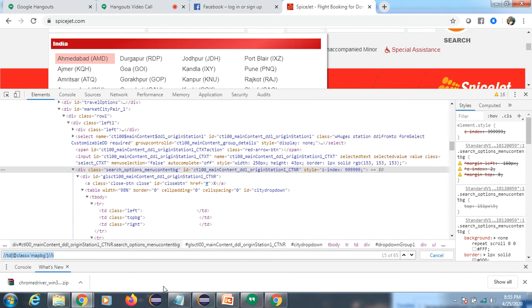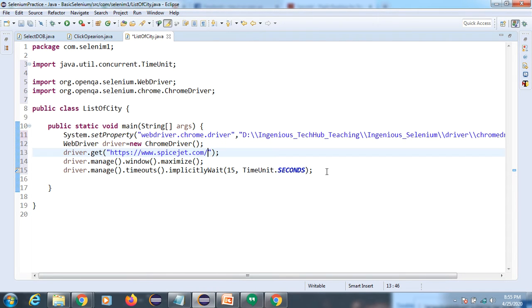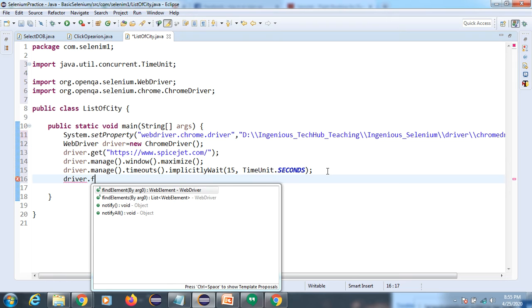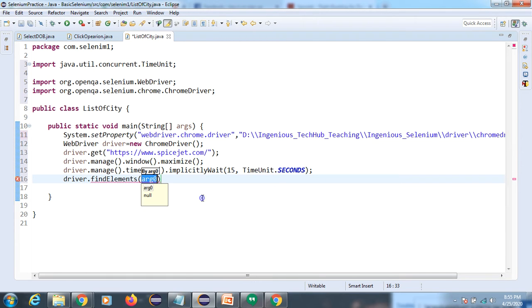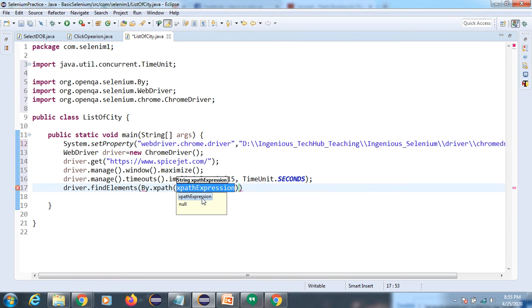Then what you can do here, we will use findElements, so it will return a list of web elements. So y dot xpath, and it will return a list of web elements. We will repeat the same steps, but here this is not a drop down.